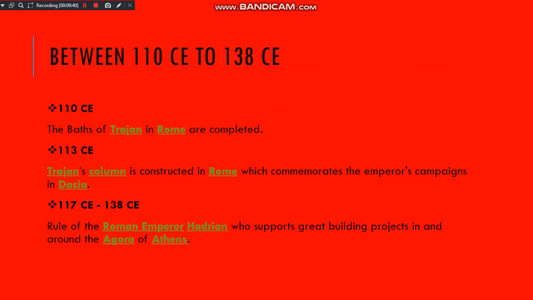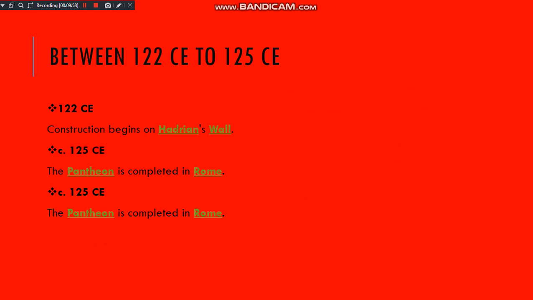Trajan's Column is constructed in Rome. 117 CE to 138 CE, rule of the Roman Emperor Hadrian, who supports great building projects and is around the Agora of Athens. Between